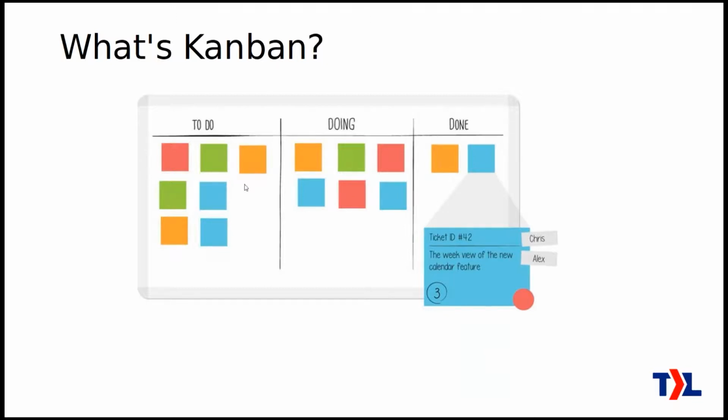Each card here, sticky note or ticket in your system represents some work. And so it's very easy to visualize exactly what stage each part of your work is at, whether it's done or you're doing it now or it's still to do. So it's easy to visualize. And there's a few other ways that you can arrange it to make things clear as well.